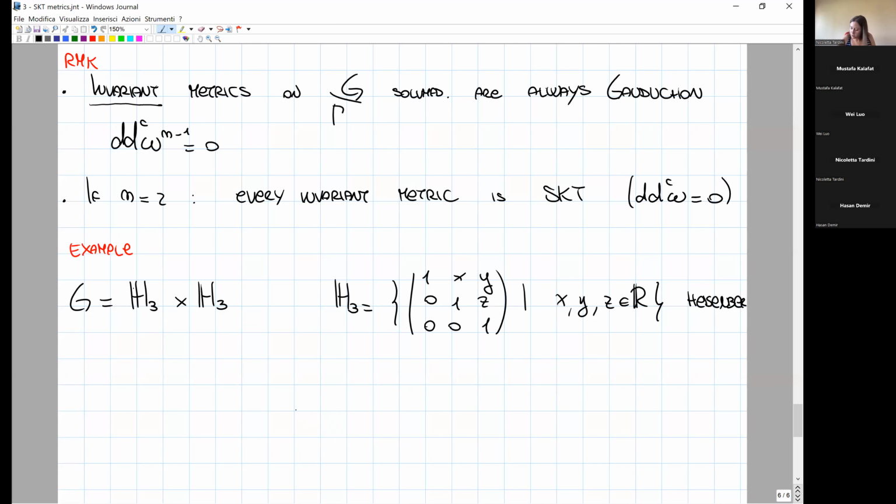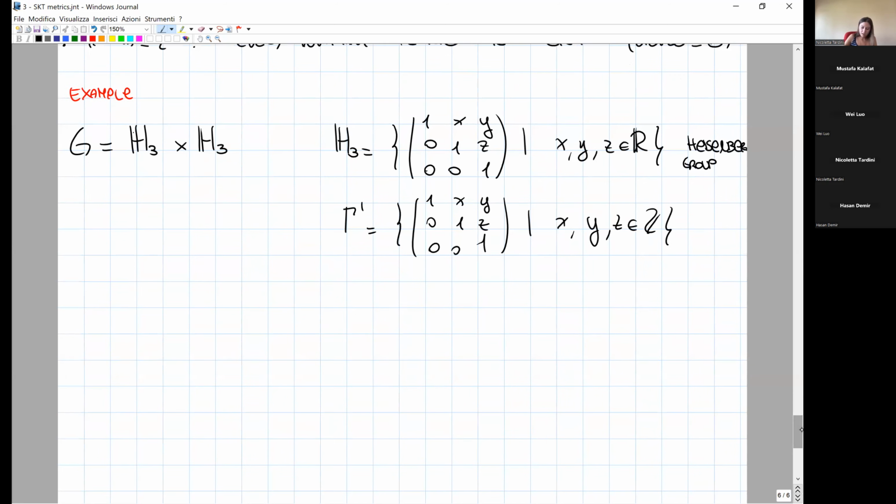Okay, so I'm taking the product of the Heisenberg group with itself, and let's say gamma prime is the set of matrices with the same structure, where the entries, say x, y, z, now are integers. Okay, and consider M to be the quotient of G over gamma, where gamma is gamma prime times gamma prime. So it turns out that this is a nilmanifold,